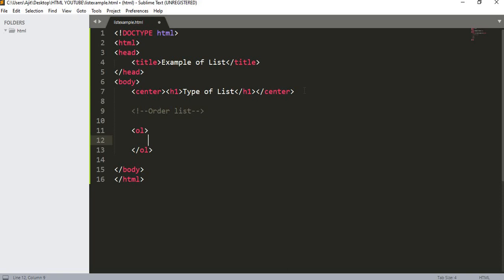For this it is the closing. In this particular ordered list we have li, that is list item. This tag is what? List item. Let me write a few names: Ajit. Then li, then I write another name, Sevaj.